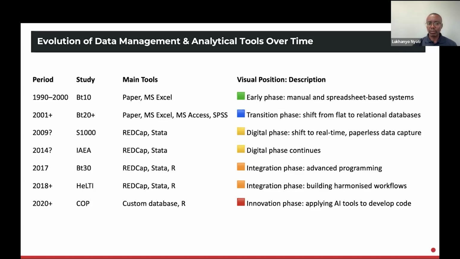But with time, we're able to build measures within REDCap itself that help us to manage the process, but also help us to reduce data missingness, as well as to reduce